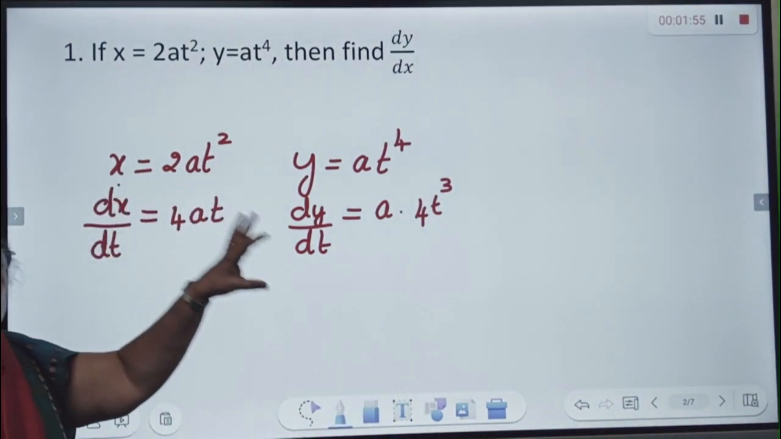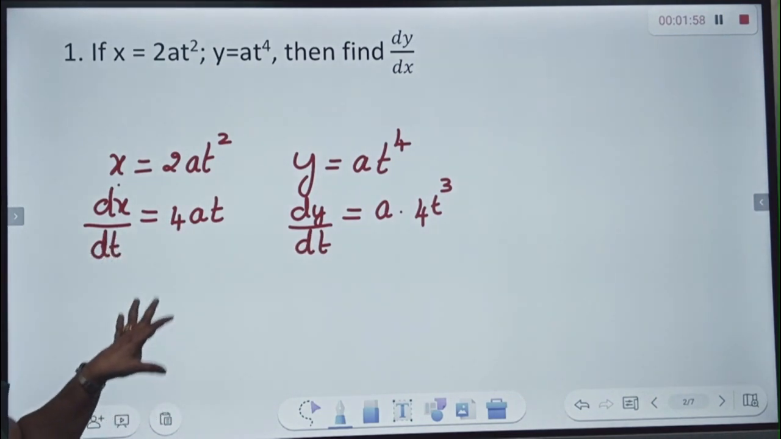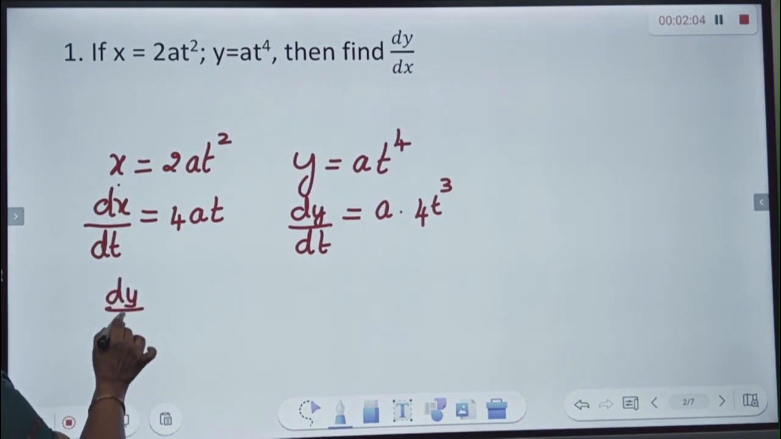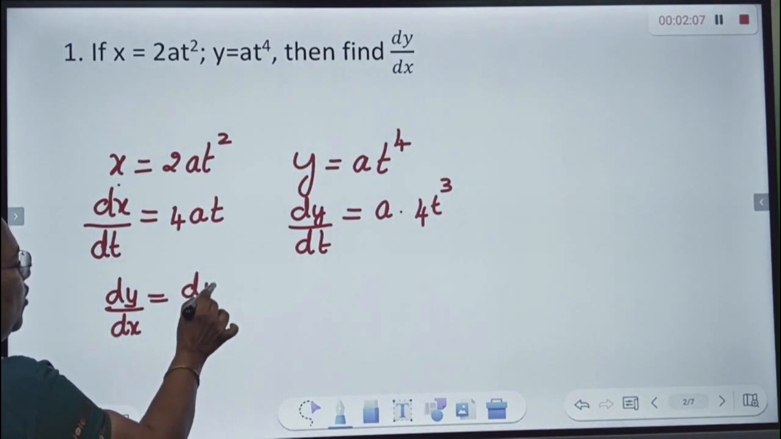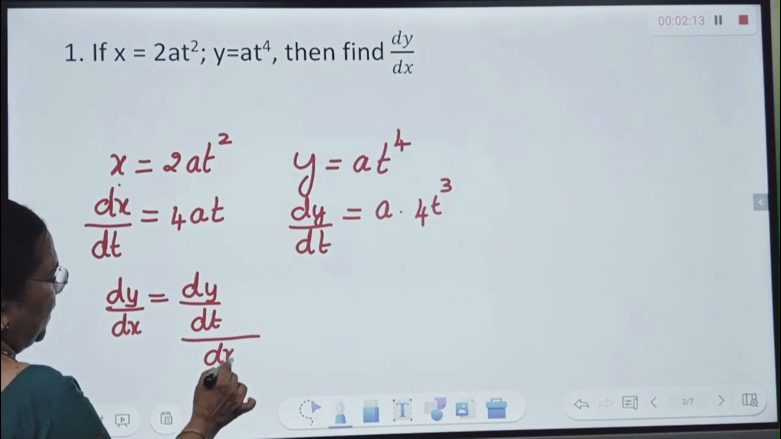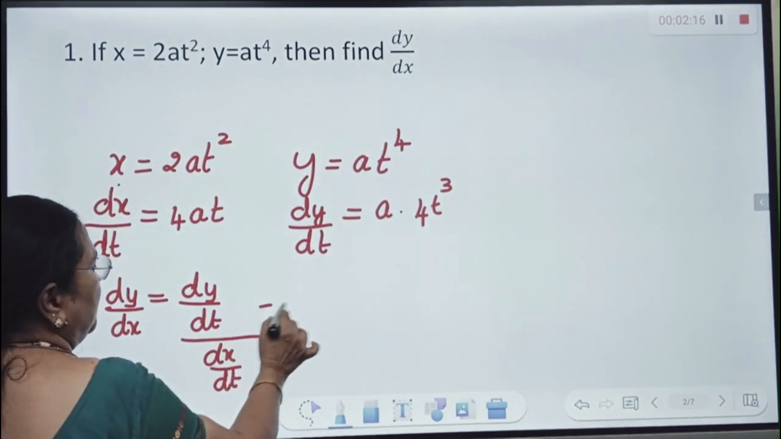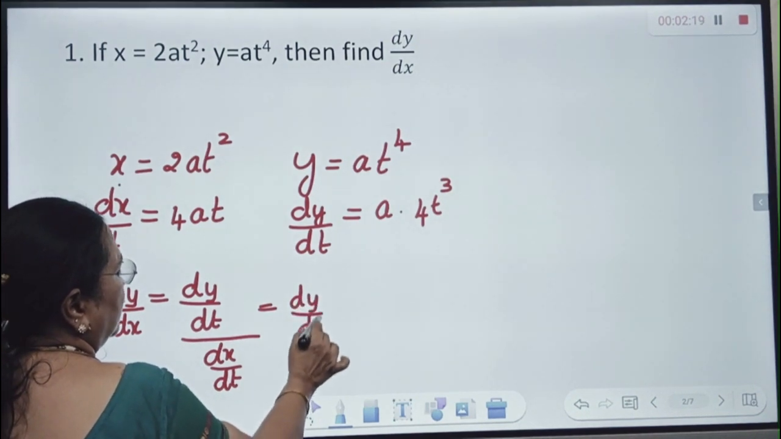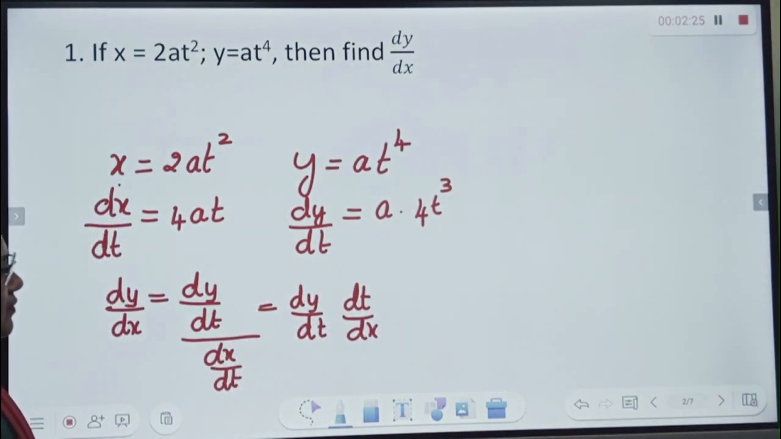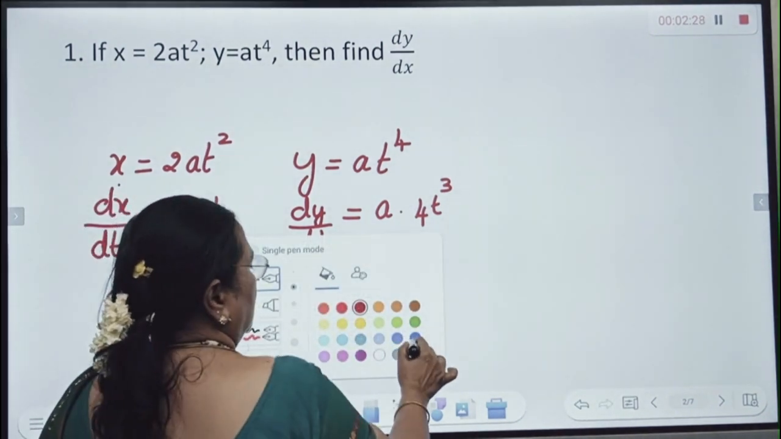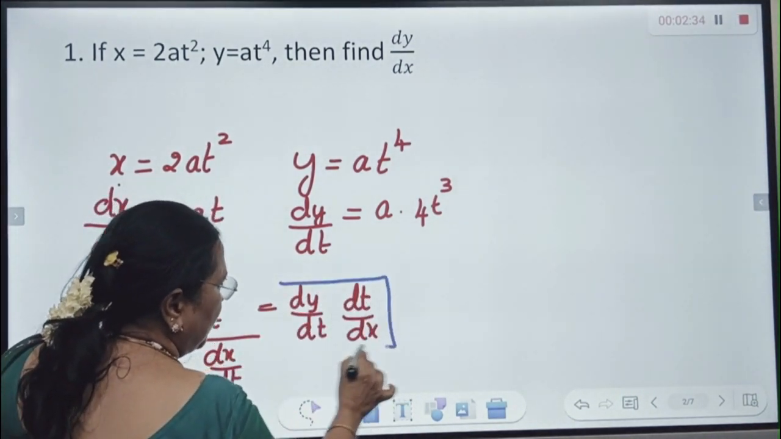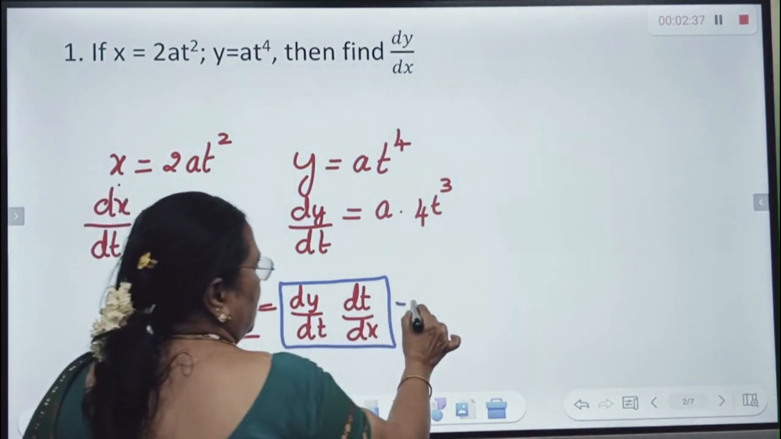x is a function of t, y is a function of t. We have found dx by dt and dy by dt. Now, I can write dy by dx as dy by dt, divided by dx by dt, which is same as dy by dt into dt by dx. Okay, now, so dy by dx can therefore be written as dy by dt into dt by dx, which is equal to,